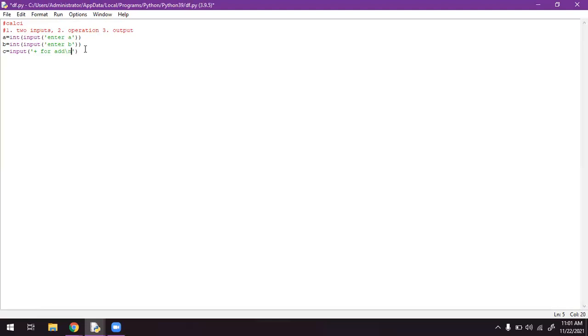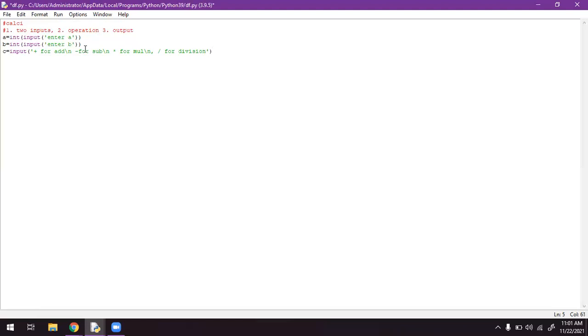Next, minus for subtraction, backslash n. Why I'm typing backslash n is that it will give the next line. Okay, for mul, backslash n, and for division.